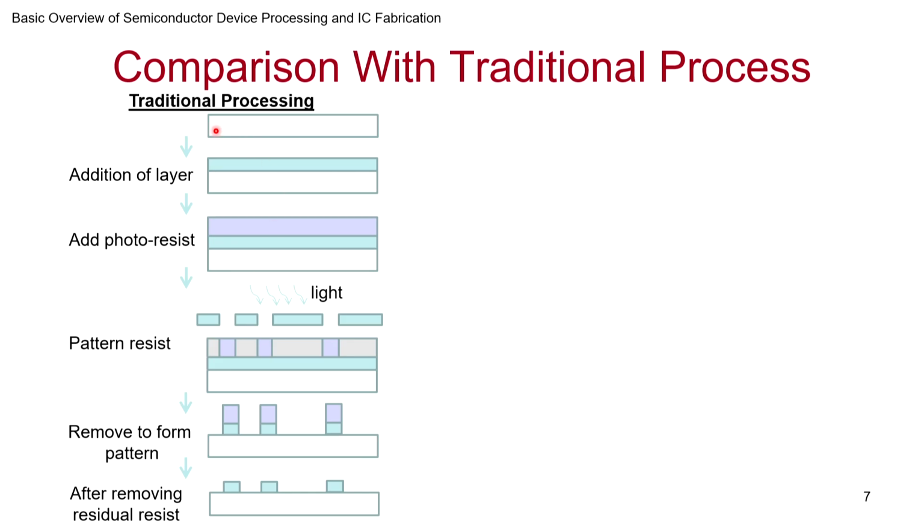You might remember, you prepare the substrate, then you have an addition of a layer, then you do patterning, and then you remove the material from the places where you don't want, and then you remove the resist, and finally you have the patterned substrate where you have patterned processing, in the sense it could be a growth of a thin film, or it could be implantation in those regions, whatever it be. So what you are doing is addition, patterning, subtraction.